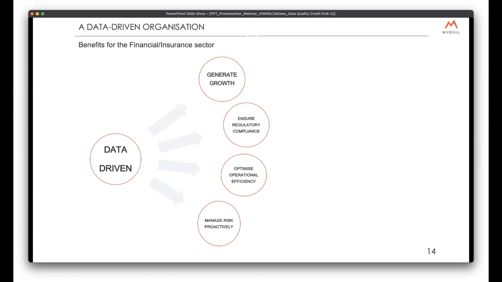Now that we've discussed the general aspect of being data-driven, I wanted to focus on the specificities of the financial and insurance sector. And we've decided today to structure it around four main pillars. The first one being around generating growth. Today, the financial insurance sector is a mature and competitive market, and this industry needs to find new ways to generate growth. So we can think of examples like, of course, using data to better understand their customers